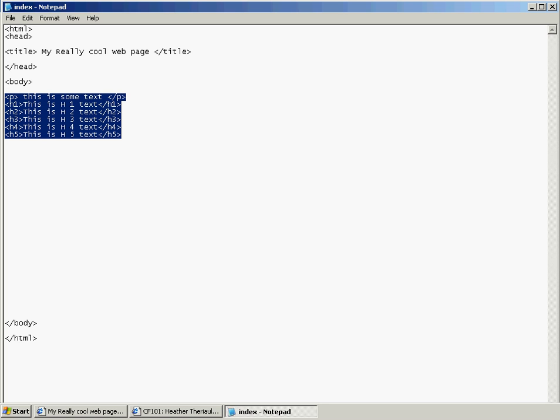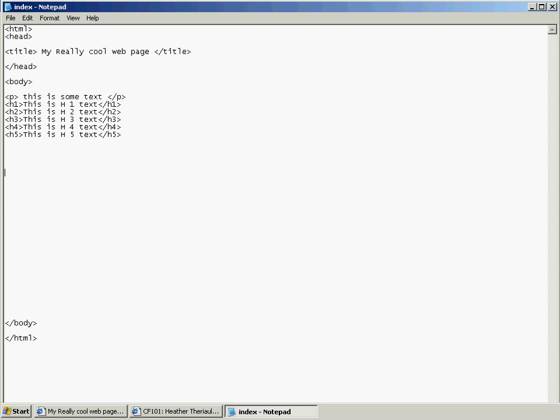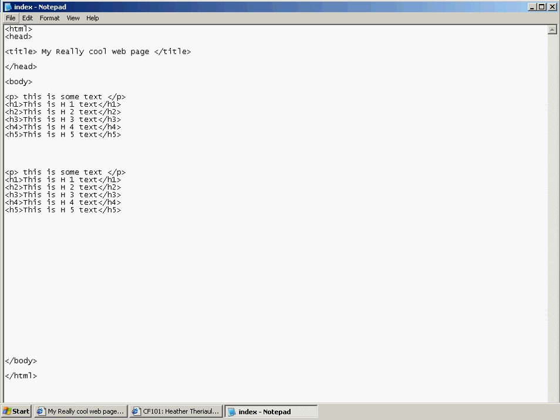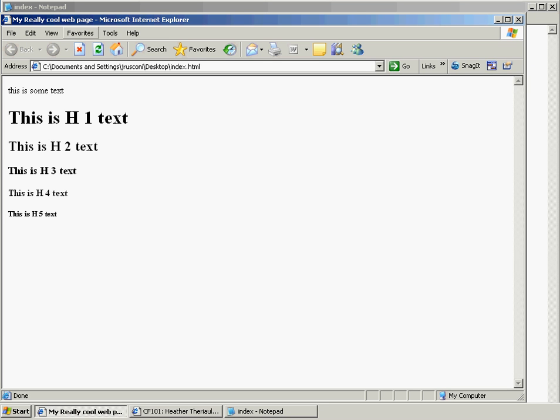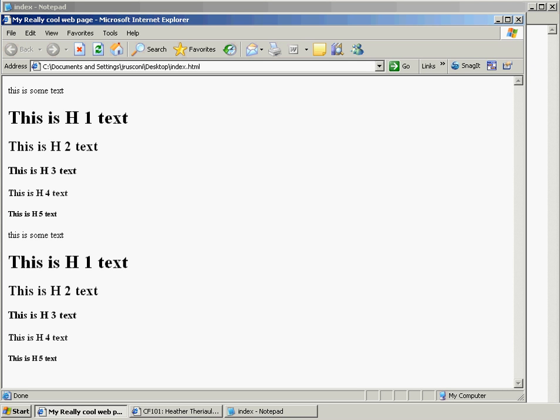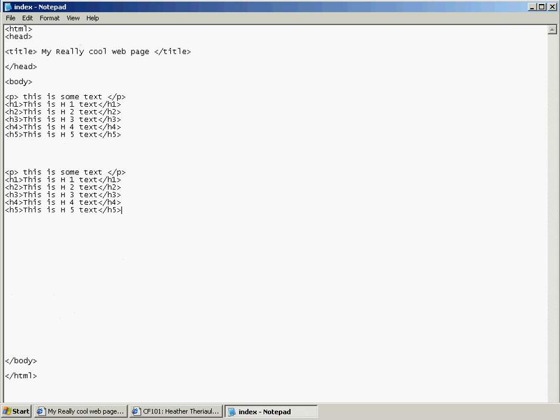Now, folks, this is what I was talking about when I was talking about cheating. When I go File, Save, and then hit Refresh here, you notice that it just repeats everything I just did. Well, what I'm going to do is under here, I'm going to show you what a block quote does. Block quote,